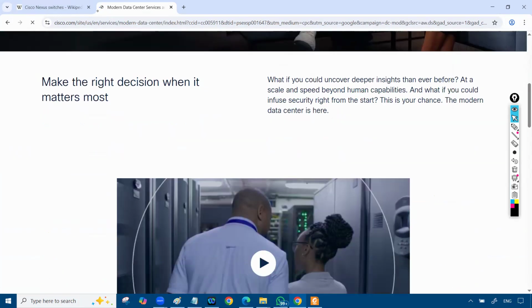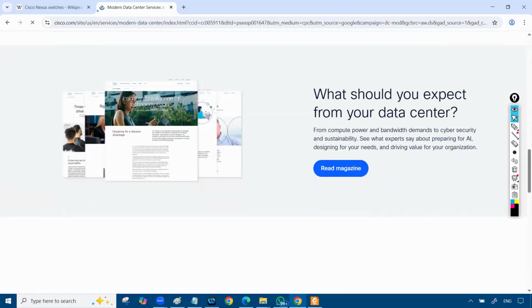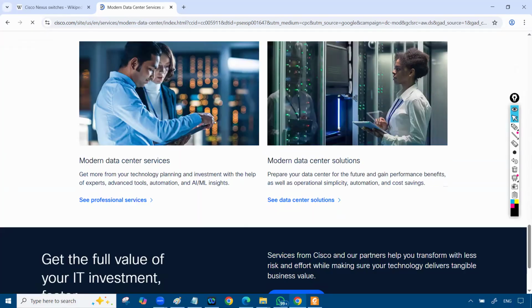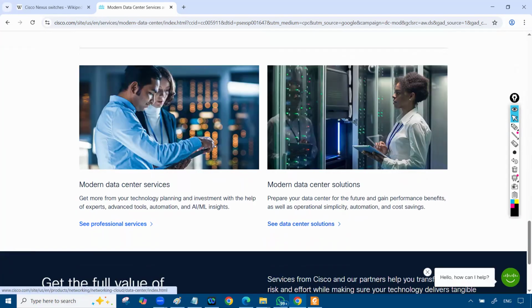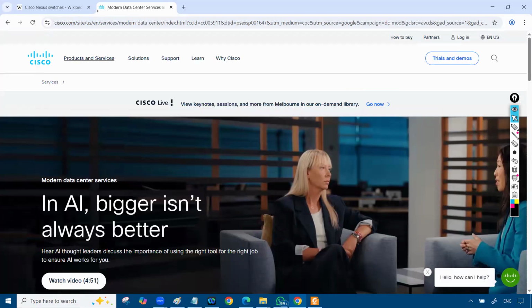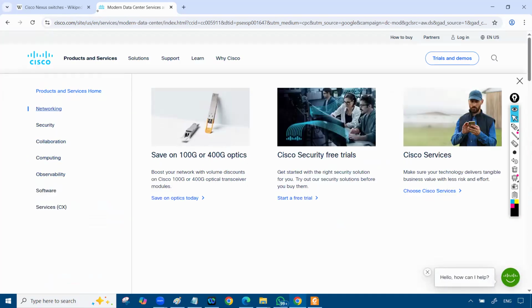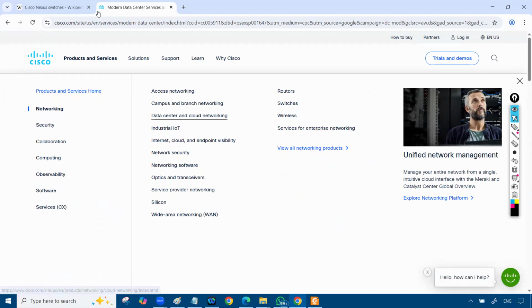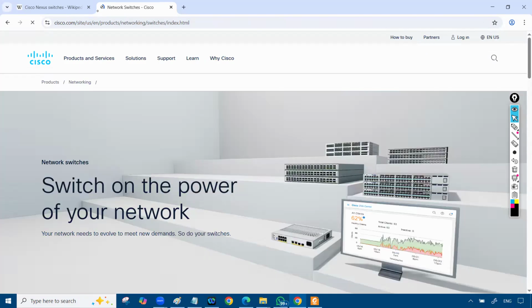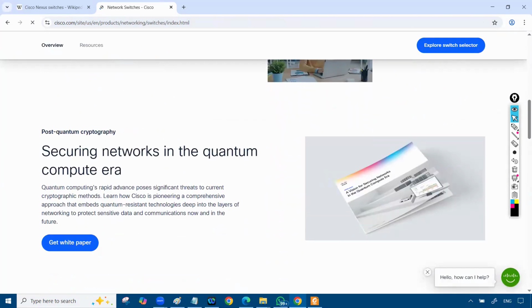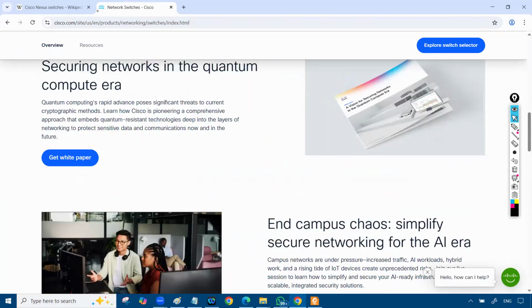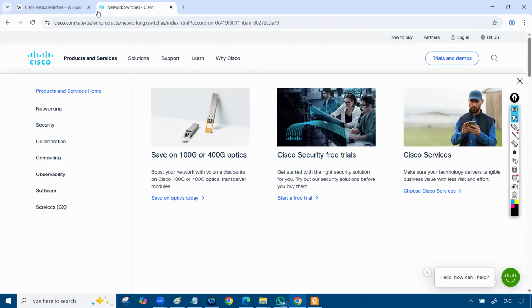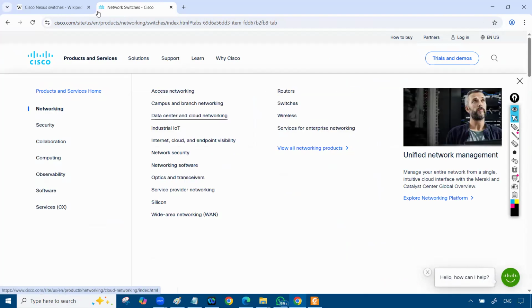So if you go down, and here we go, the data center switches. These are the Catalyst ones. I'm looking for the data center networking, and